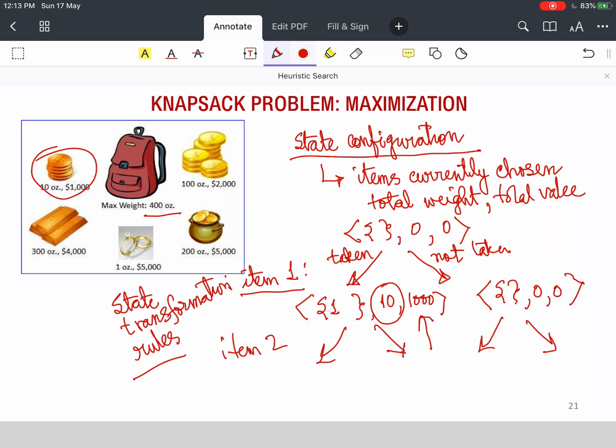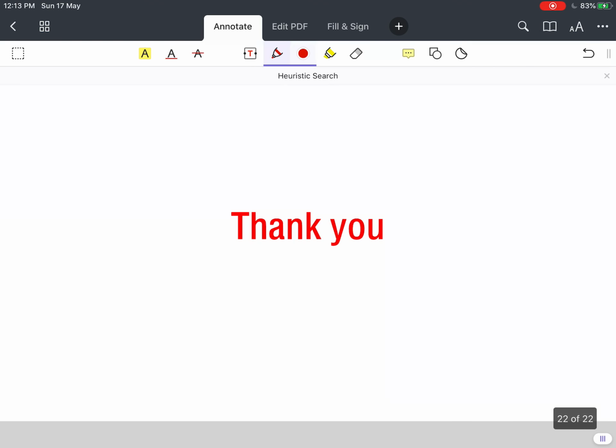I leave it to you all to examine how this algorithm will be developed. What will be the Hn value for this? How will we compute the heuristic value? And how will the trace of algorithm A star work on this? A star, DFBB, and IDA star. How will they work on a maximization problem like the knapsack problem? Please examine it, please go through it once, and I'm sure that you will come up with a very interesting solution.